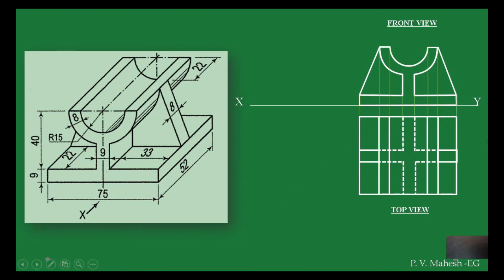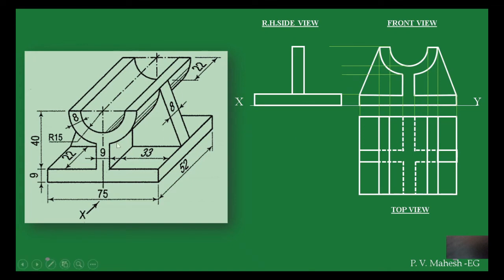Okay, now once you have done the top view, you can go for the side view. In the side view, this is the right side view. So on the right side you will see one rectangle, so this rectangle we have done, and these two you will see as a vertical rectangle. The rectangle will extend up to here, so that is the reason why we are doing these projections. Identify up to what extent you will get these heights. Without measuring you can draw if you draw the projection lines, that is the reason we are drawing the projection lines.